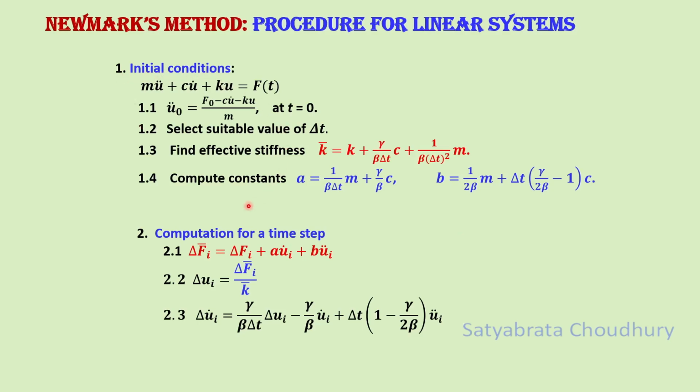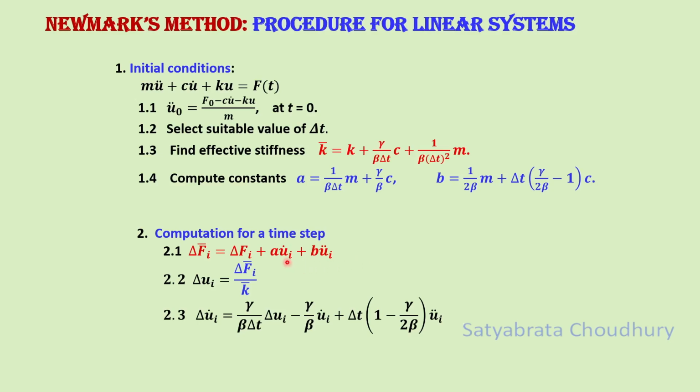So this one is the initial steps we have carried out, initial calculations. Then comes the real calculation in step 2, computation for a single time step. He calculated the effective force in the ith step, delta Fi bar, which is equal to delta Fi, the change in the actual force applied, the excitation force value, and the contribution of this constant A and constant B, which is called the effective force,